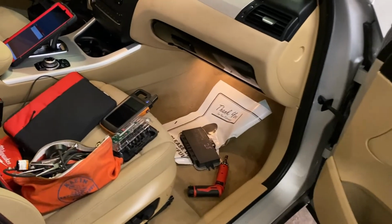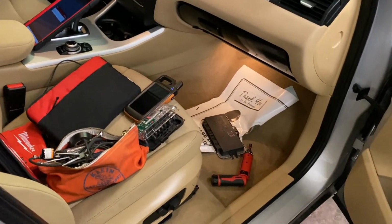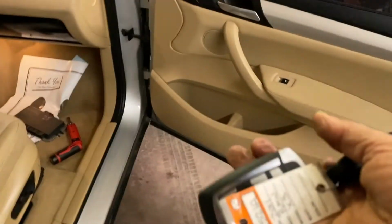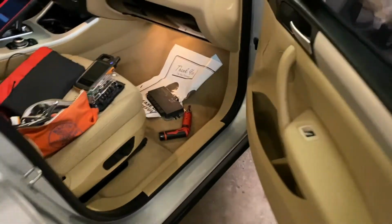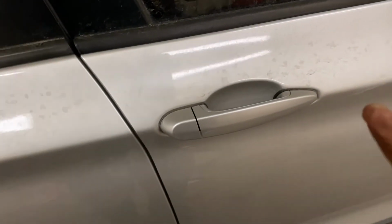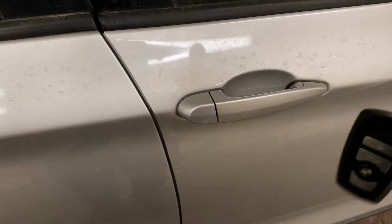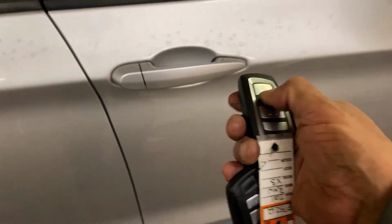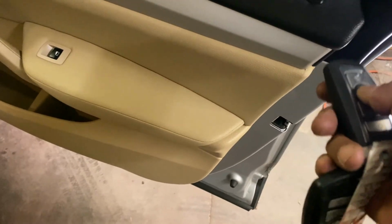Okay guys, so we didn't have to make another video for part 2. I found the wire was loose. It's right here, and now I got the original one to work, but the aftermarket one doesn't work. So now the new one can start the car but no remote. This one is working now, but because the car is running,